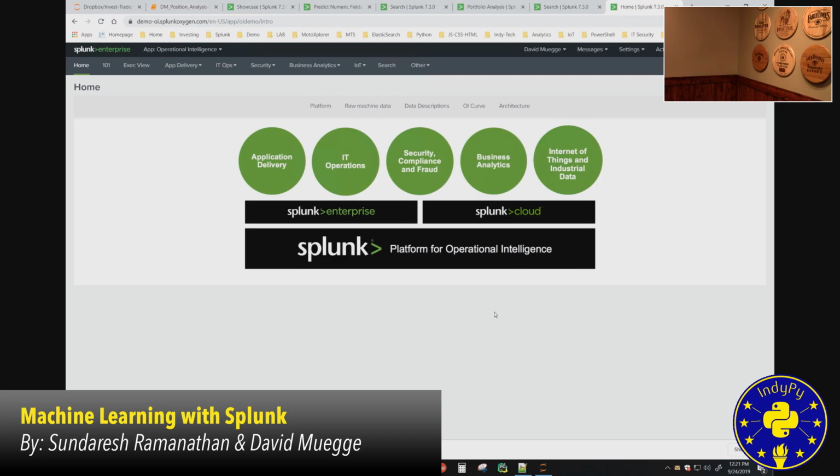So any type of time series machine generated data can be ingested into Splunk with little to no effort, right? So the data can be specific to the application domain, can be specific to IT ops, can be in the security space. So any kind of data can be ingested into Splunk. And once the data comes into Splunk, you can use it time and time again for any and all kinds